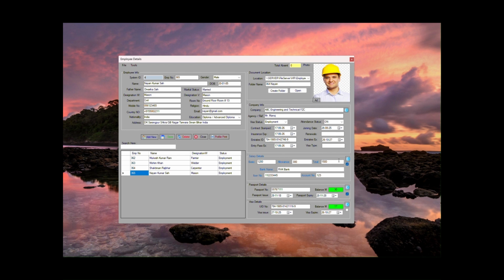Salary details: basic salary, allowance amount and total salary, bank name for transfer of his salary, IBAN number and account number,